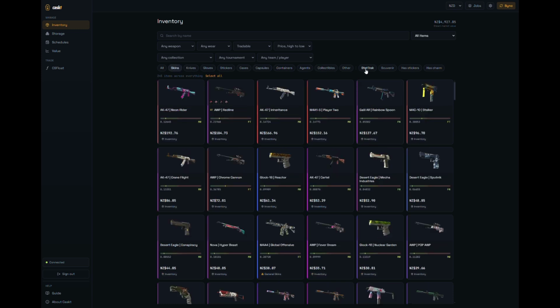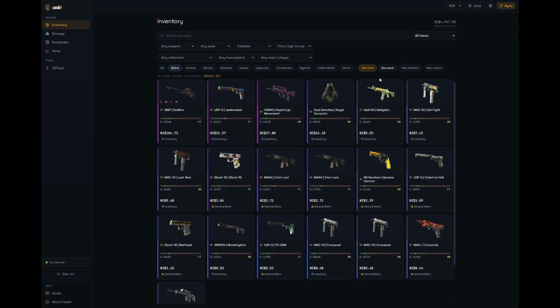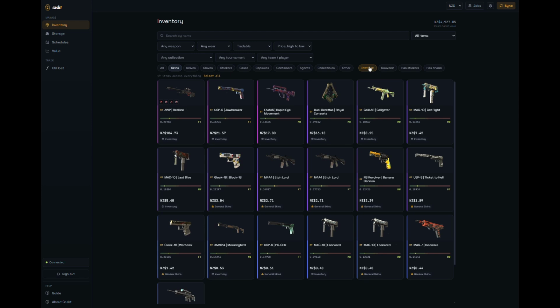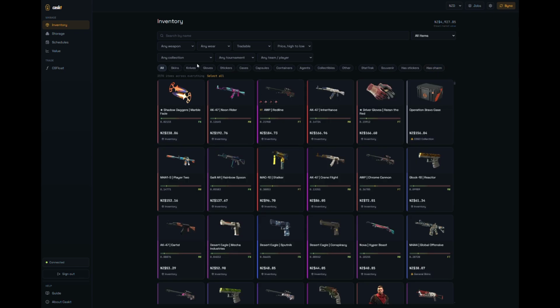I can look for skins that are StatTrak only, maybe StatTrak and Souvenir, although that doesn't exist. Does it have stickers in a StatTrak? Well, there you go, it sure does. Does it have stickers and some charms? It sure does. I can use all these filters to quickly filter through all of my items across all of